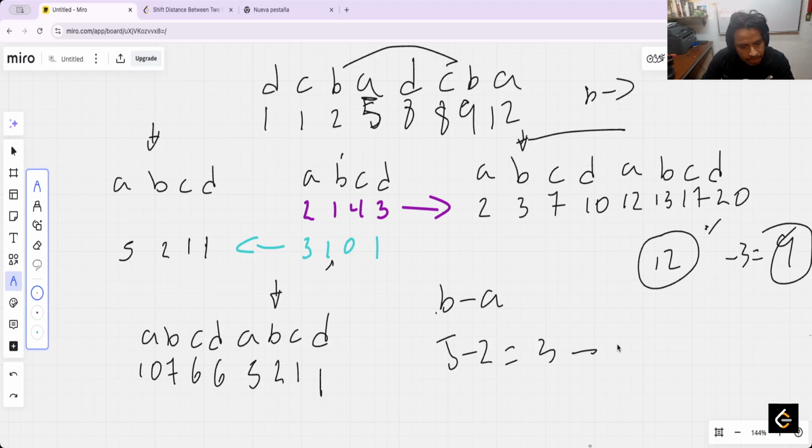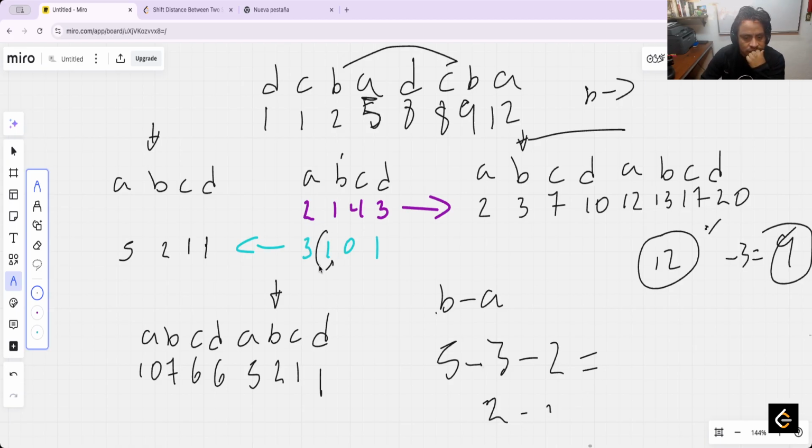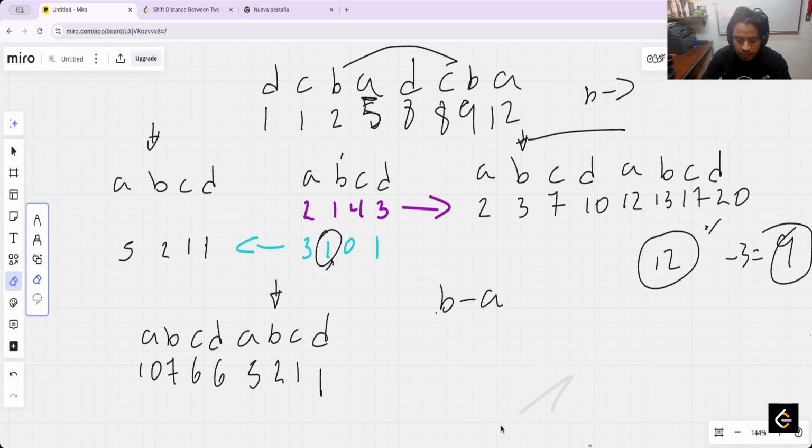No. 5 less 3 less 2. 5 less 3 it's equal 2, less 2 it's equal 0. Okay, maybe the formula is the prefix sum